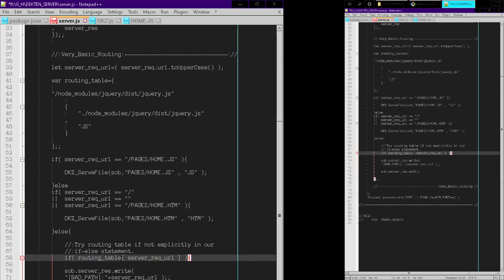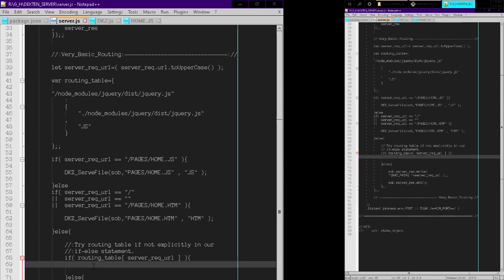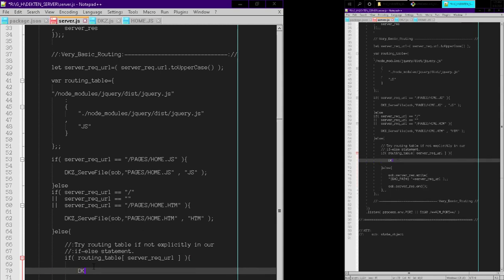So if that exists, else we want to do that. And if it exists, we're going to do just dkz serve file,